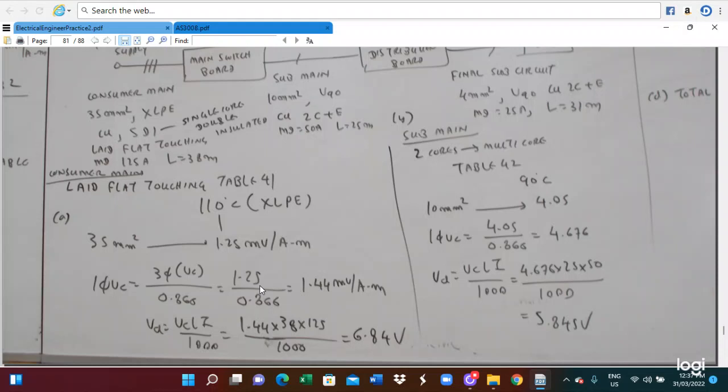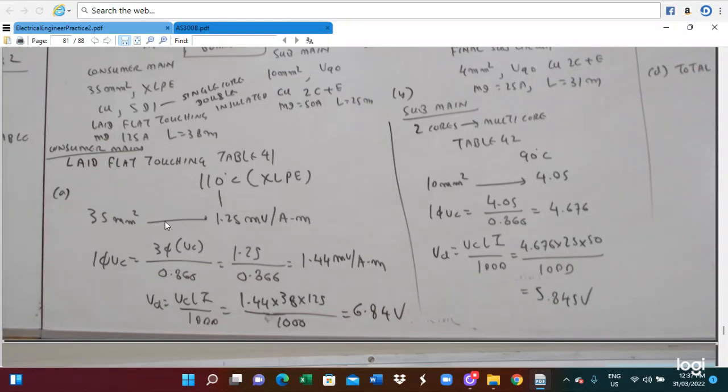What we need is a single phase VC, because we have to utilize it as a single phase system. So the single phase VC is the 3-phase VC divided by 0.86, that is the formula. So 1.25 divided by 0.86 is 1.45 millivolt per ampere meter. So this 1.45 we substitute in VC. Then the length is already given as 38 meters and the maximum demand current 125, divided by 1000, you get 6.84